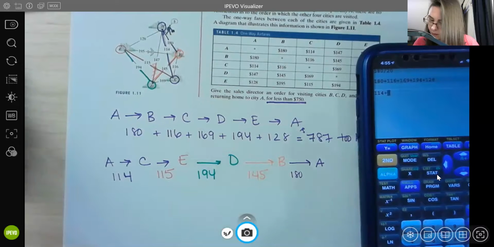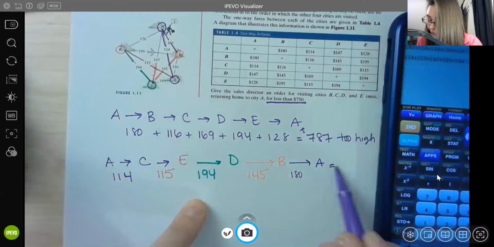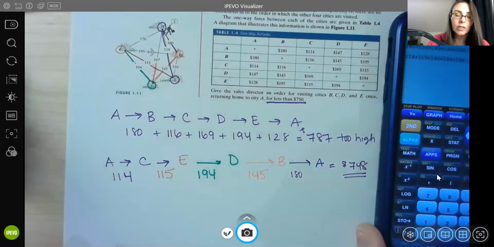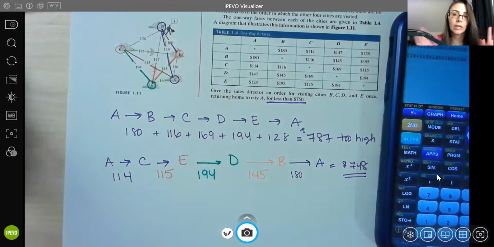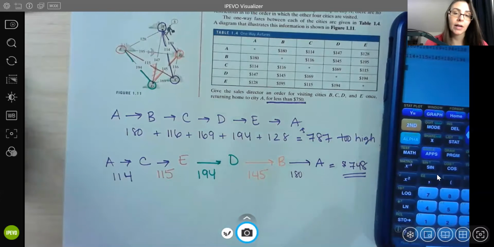So I have 114, 115, 145, 180. Oh, I missed the 194. Let's see, plus 190. I get 748, and that works, right? All we had to do was be in under $750. So we got 748. So we're gonna send this, I don't know, the salesperson or the sales director onto this